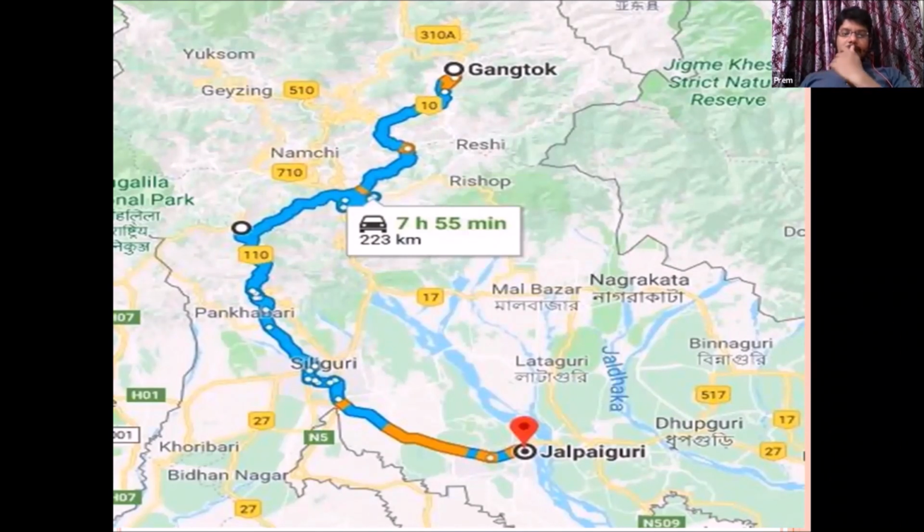And knowing these rivers is also important. In 2019, there was a question on the Teesta River. They asked where it originates and through which states it flows. So whenever there are rivers or any issue being discussed in international relations, try to know the geography of it also, like where it originates, which states it passes through, and what the tributaries are. That is also important.